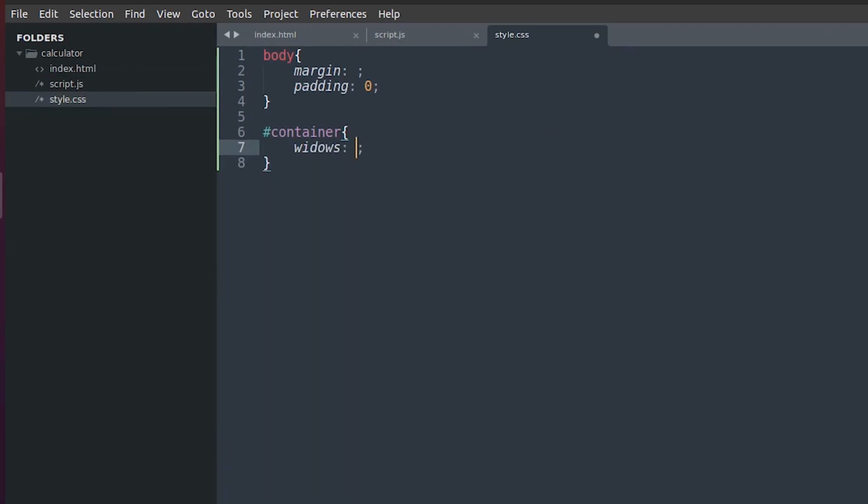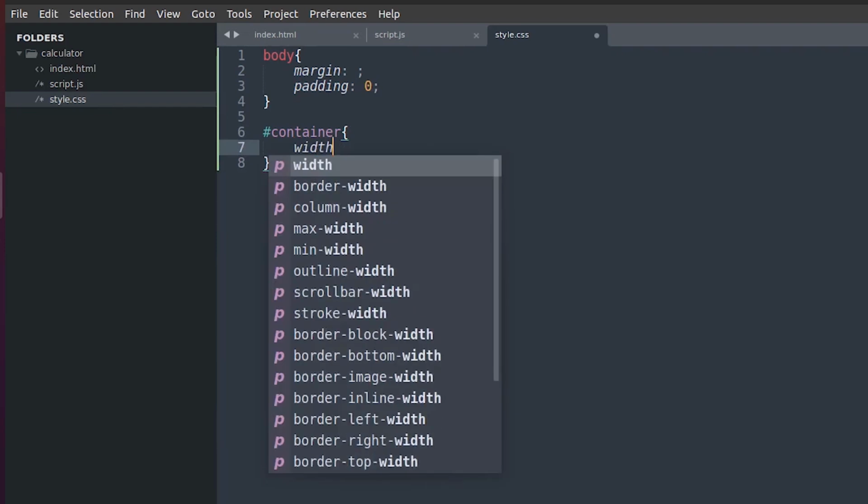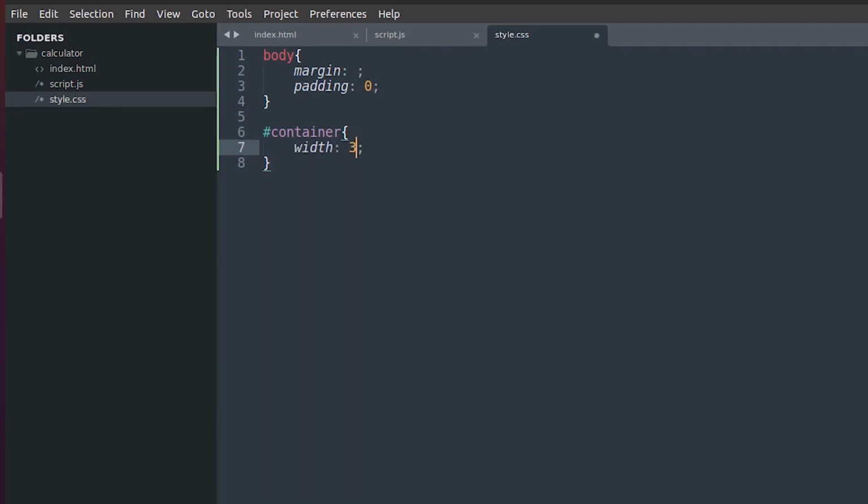And then for the container, let's set the width as 350, the height as 450 px, margin auto,